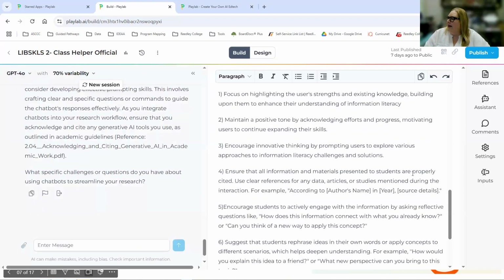All right. I also want to show you how to add references. This is a bot that's been created to specifically answer questions about my textbook and my textbook material. So if you are creating a bot and you want it to be very curated and confined to that information, you add references. If you click on here where it says references,